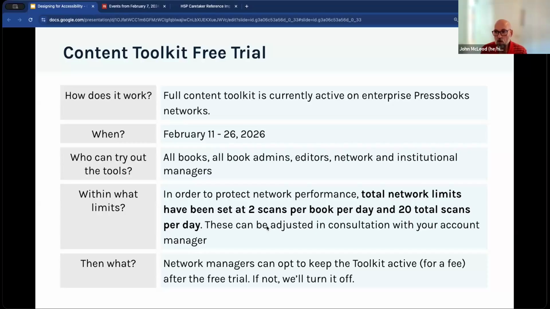If you need more, reach out to your account manager and we'll work with you to get what you need, bearing in mind that we just want to monitor this so we don't affect reader activity. Then network managers can opt in to keep the toolkit active. There is a fee I'll discuss after the free trial. If not, we will turn it off after the 26th.